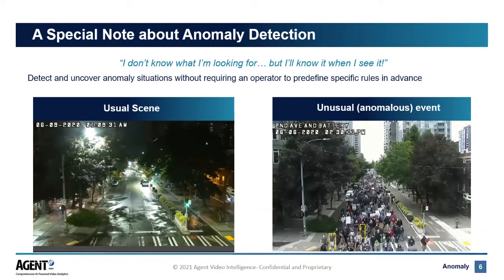So in this case, this image, which is from a real event, there was a protest march in the spring of last year. And on the left, you can see it was not a very busy street. But then on the right, there was a march, a peaceful march, and the system was able to detect there are not normally people marching down the middle of the street at this time of day. And so it actually flagged that as an anomalous event. So anomaly is a little bit different than AI. It's really more of a statistics tool. And actually, maybe I'll show an example of this here in just a couple minutes.